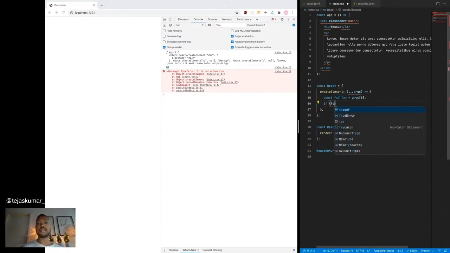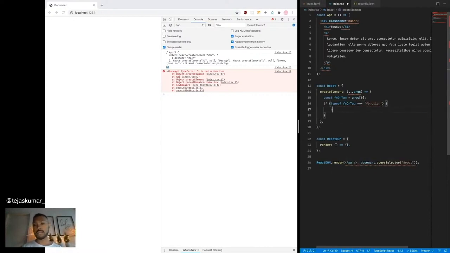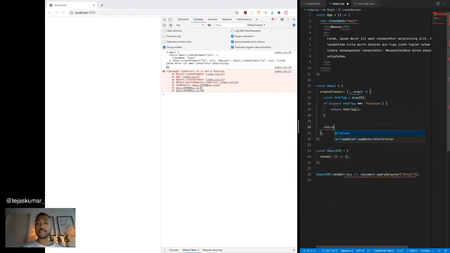And if type of fn or tag is a function, well then we will call it. Otherwise, and it's got to return the virtual DOM, right? That's what it's got to return, the virtual DOM. So if not, we'll just return tag is fn or tag, which in this case is a tag.